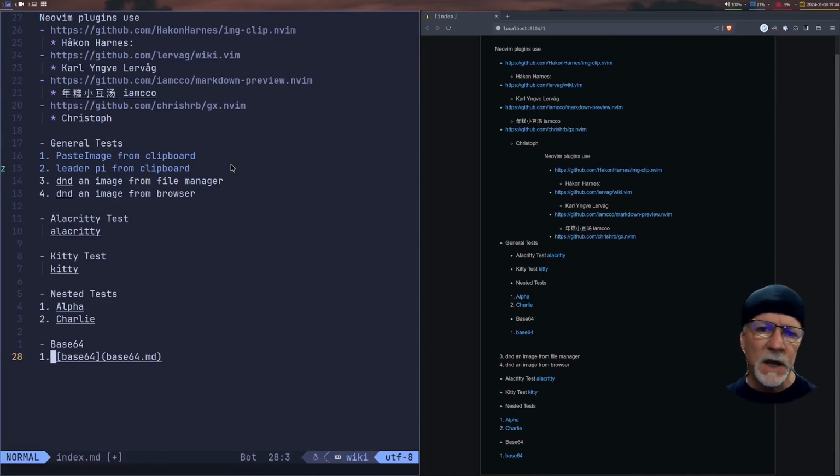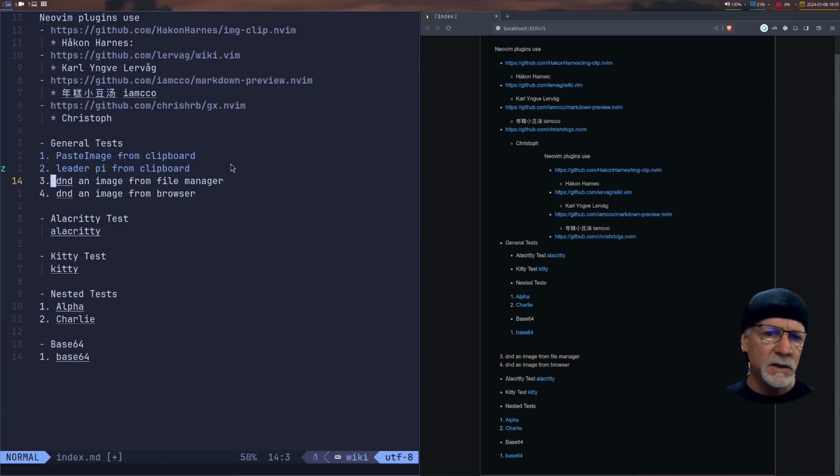So as this page gets longer and longer, the markdown preview is going to show me what I'm doing, and that's kind of cool as well. So there's a couple of things we're gonna do. I'm gonna bring up a file browser. I've got a couple images in here, and we're gonna drag some files from my file browser onto